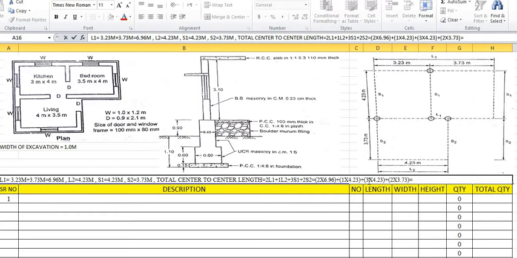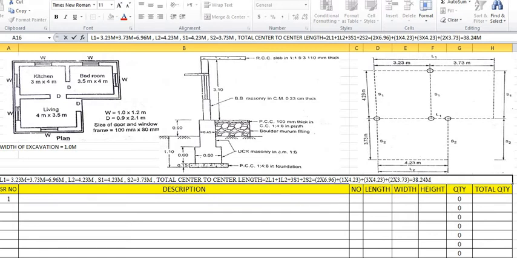This first number indicates the numbers of long wall and short wall. So 3 is the number of short walls multiplied by its length, and 2 is the number of short walls multiplied by its length. After multiplication and addition the value comes to be 38.24. So 38.24 meters is the center to center length of the complete figure. In this way it has been calculated as 38.24.